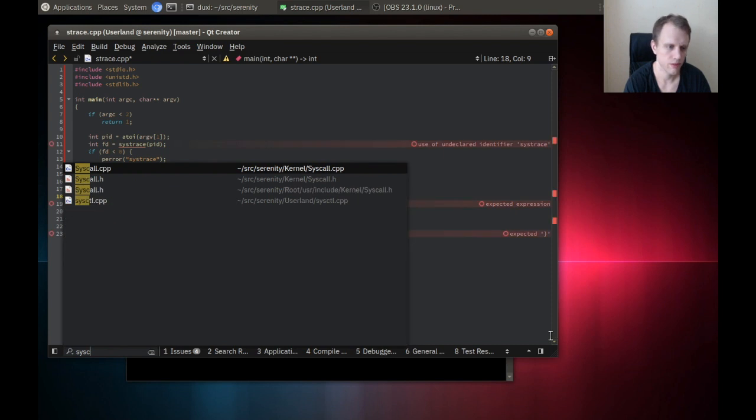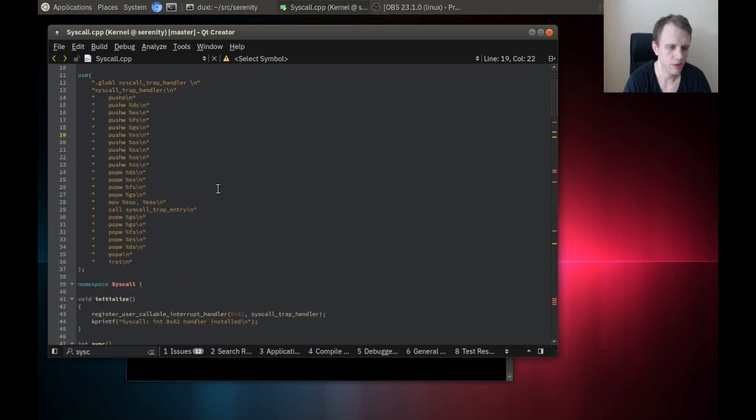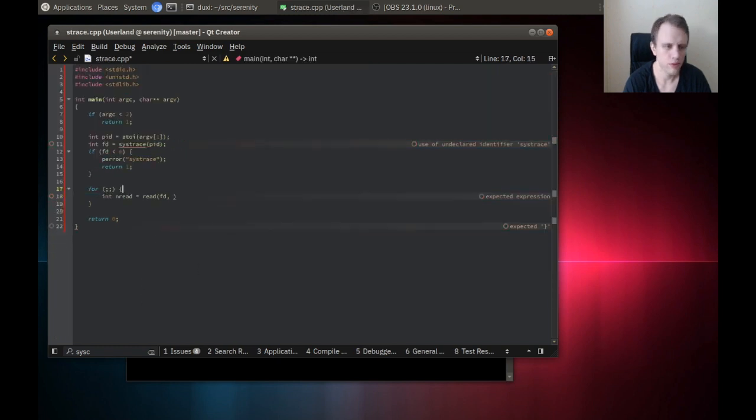And let's see, so syscalls right now, this is where we enter the kernel, and this trap handler here, which is an x86 interrupt service routine, just calls this function here, which takes out these 4 relevant register arguments. So it's EAX, EDX, ECX, and EBX. The function is in EAX, and these are the 3 arguments. So I think what we're going to do is have it be a stream of these 4 32-bit DWORDs. So we'll say